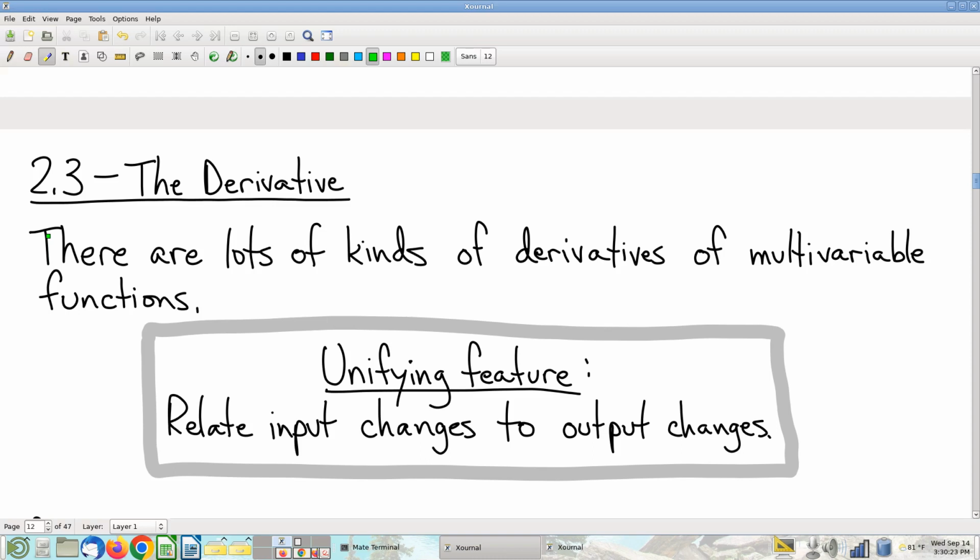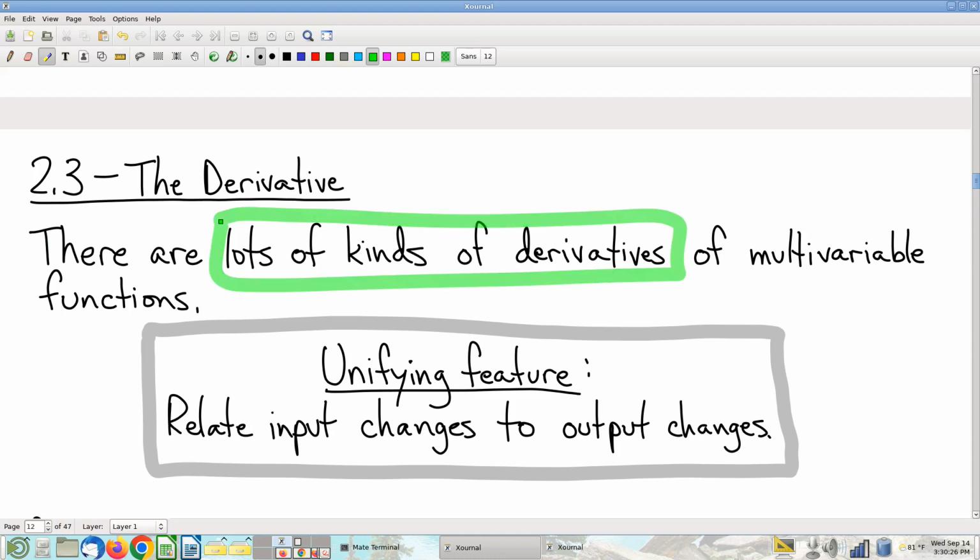So we're going to talk about derivatives. First thing to know, there's lots of different kinds of derivatives in multivariable calculus. In single variable calculus, not so much, right? In single variable calculus, there's the derivative. End of story. And then various different things you can do with it, I suppose. We're going to see bunches of multivariable derivatives. Now, a little bit of foreshadowing. It is going to turn out that they're all kind of related. They're all kind of different shadows of the same biggest possible derivative, and so in some sense there is only one, but in practice there's a bunch of them, and it's going to take us a while to connect them